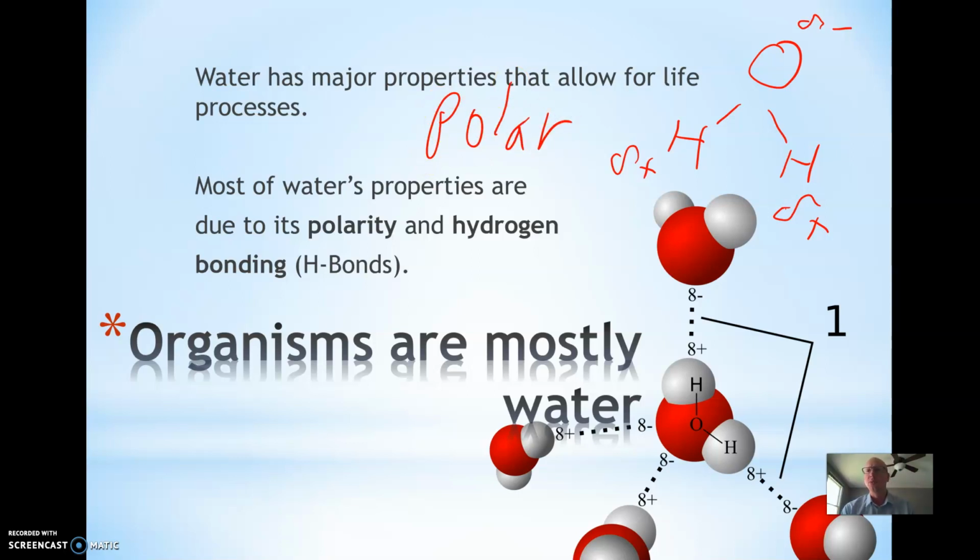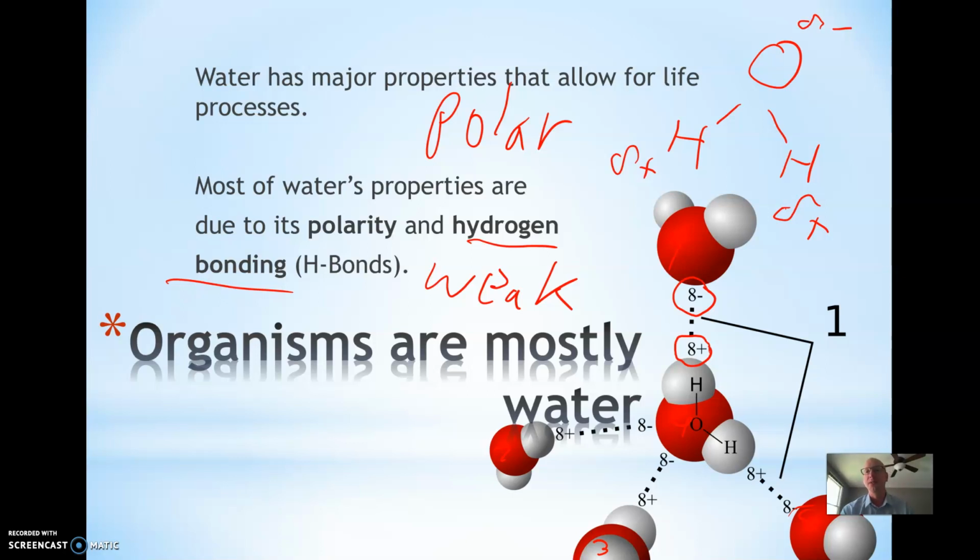How does it bond with other waters? Well, we know that opposites do attract. In this case, you can see here in this model, we have 1, 2, 3, 4, 5 waters, and they're all bonding to each other. How are they doing that? Well, you can see here the opposites are attracting. So the opposite charges, which is the negative part of the oxygen, is bonding to the partially positive part of the neighboring hydrogen, forming a hydrogen bond. This bond is weak, which is why water has all of its interesting properties,